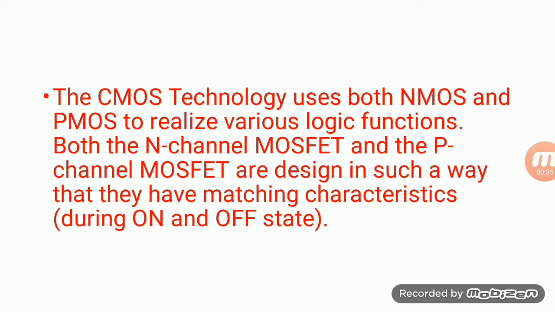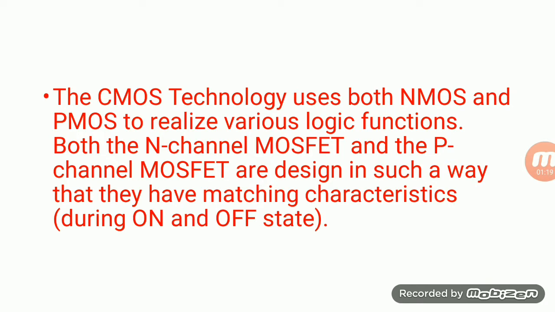In the implementation of any digital circuit with purely NMOS logic, we have a low resistance path between VDD and VSS whenever the input is 1. Input is 1, so both transistors will be on, and we have some leakage power between VDD and ground. In order to avoid this, we can go for the complementary form of technology, that is called CMOS technology. In CMOS technology, we use both NMOS and PMOS transistors to realize various logic functions, so here we can avoid the leakage low resistance path between VDD and VSS.